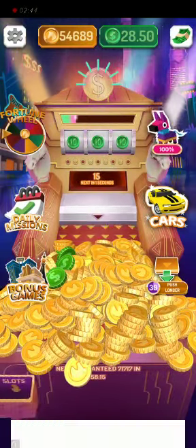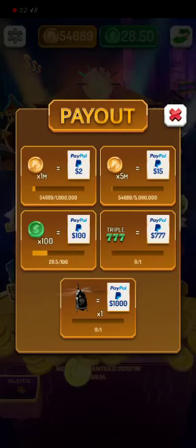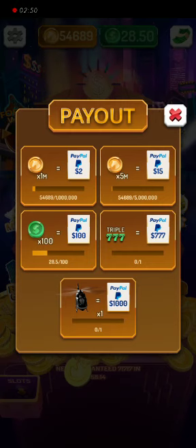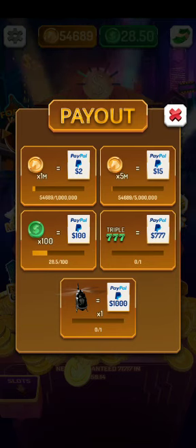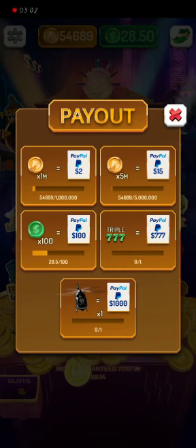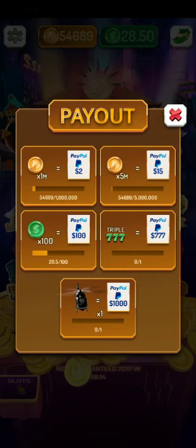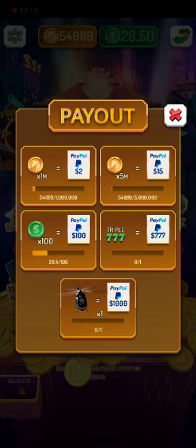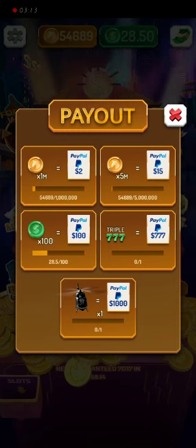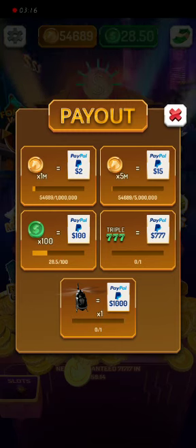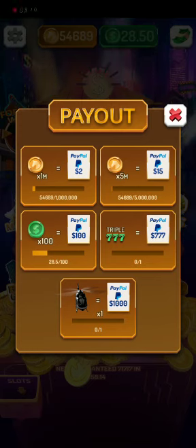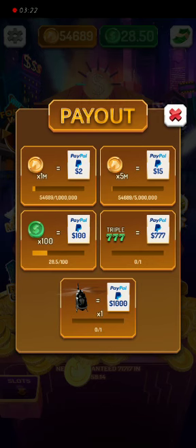Okay guys, I am going to show you that I have earned a lot. Here is the payout method. You can withdraw with your PayPal account. You just have to collect coins, like 1 million, then you will get $2. For 5 million you can get $15, and similarly when you make 100 US dollars' worth of coins, you will get $100 in your PayPal account. Okay, so this is